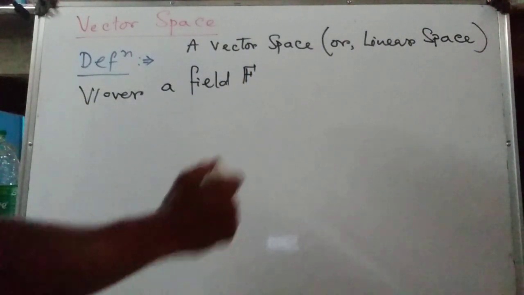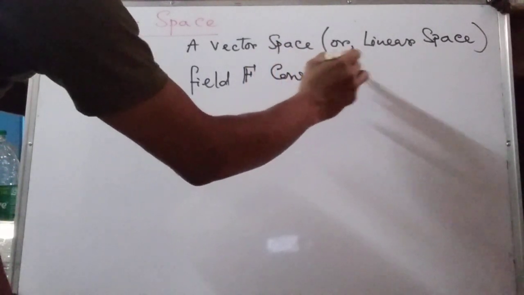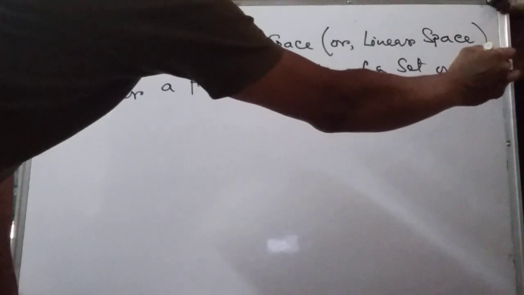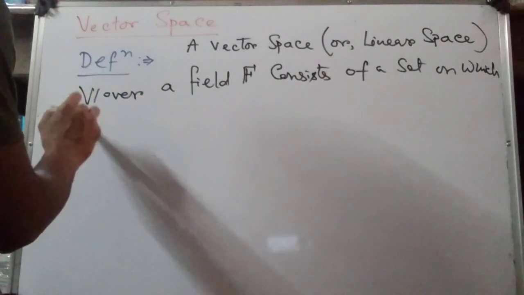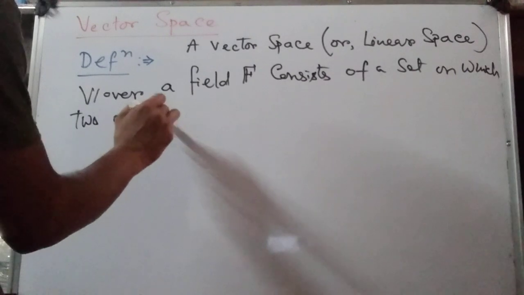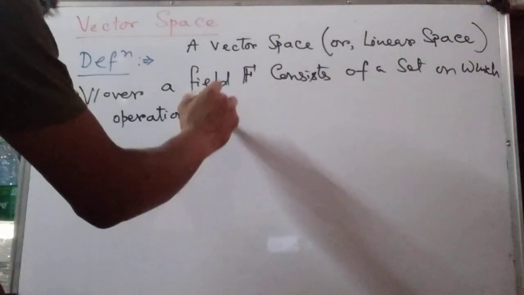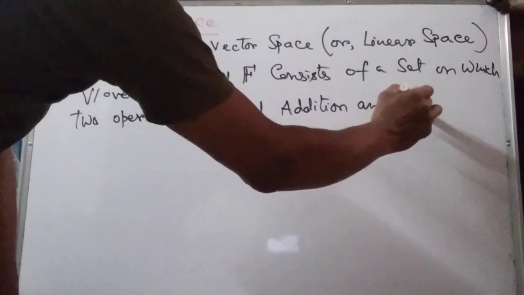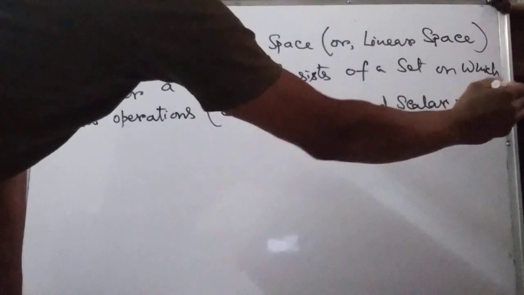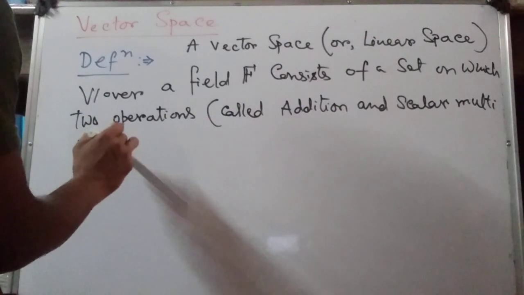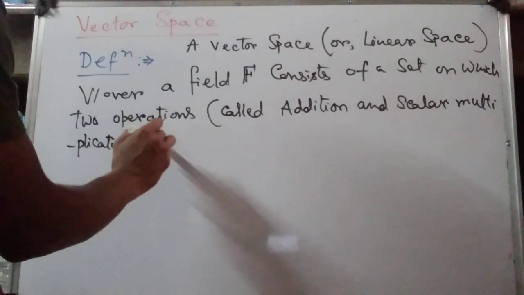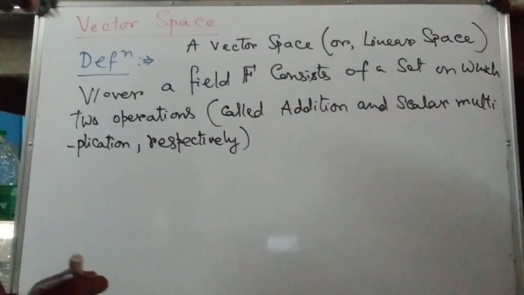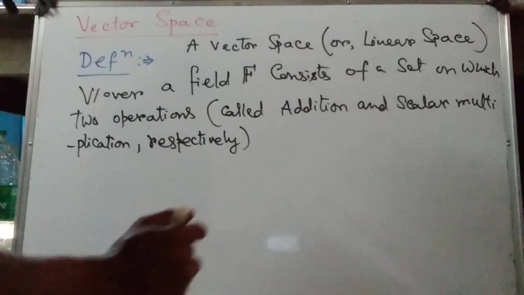consists of a set on which two operations, called addition and scalar multiplication, respectively, are defined so that